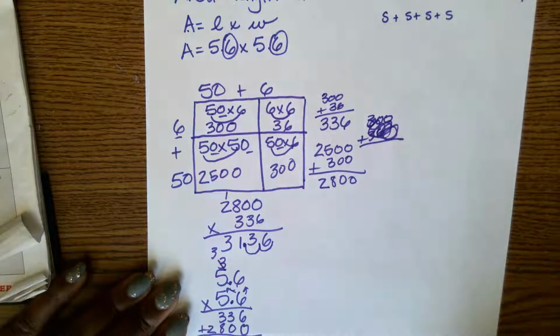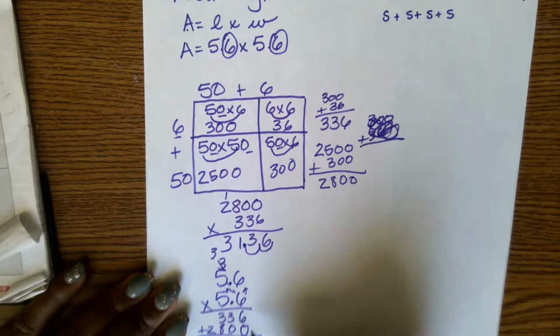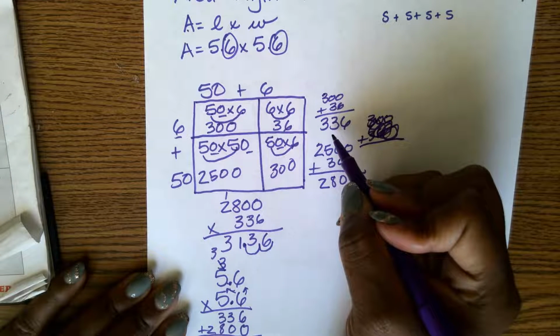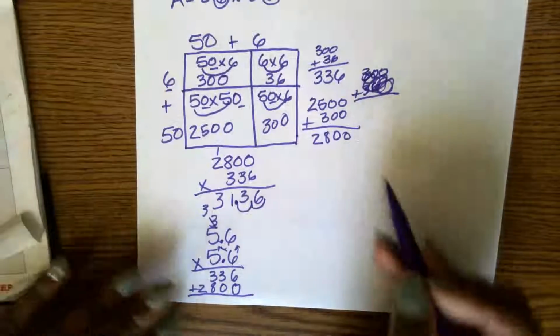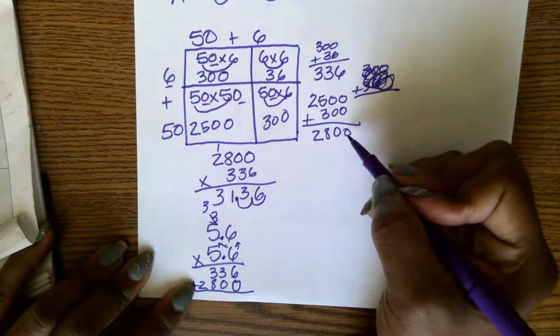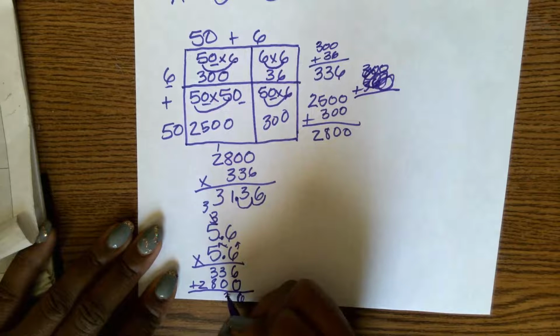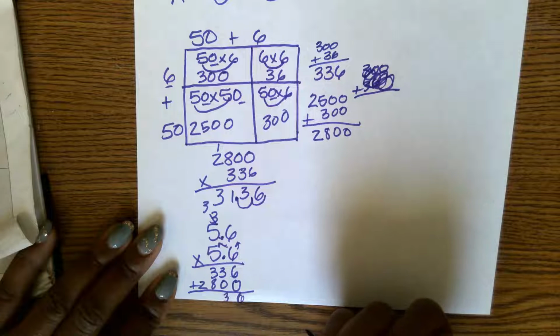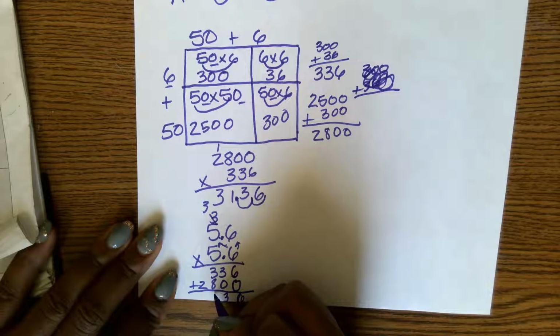And before I go on, I just want to point out that the 336 I see right here is the same one I see here. And the 2,800 I see here, sorry, on the second row of partial products in the standard algorithm is the same I see here. So it really doesn't matter, again, what strategy kids use. I mean, of course, this does take longer than what we are used to doing, but